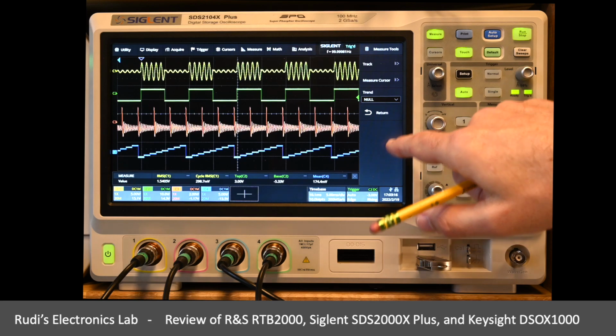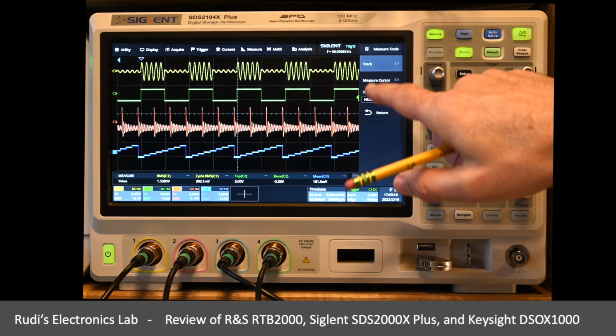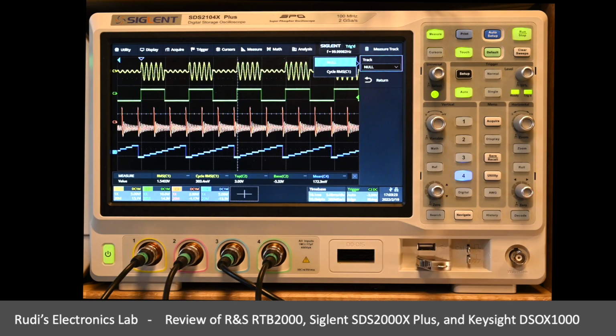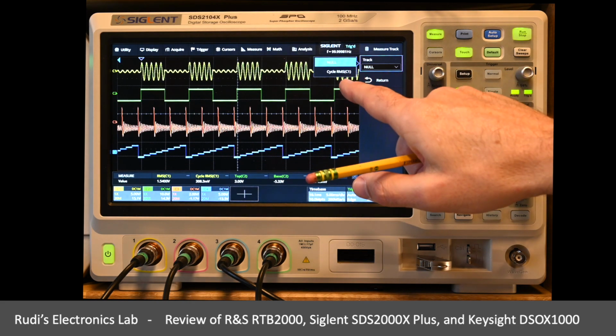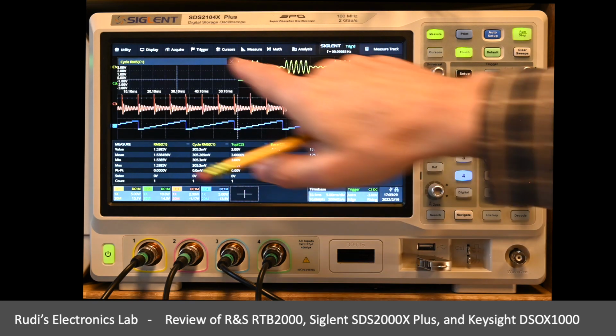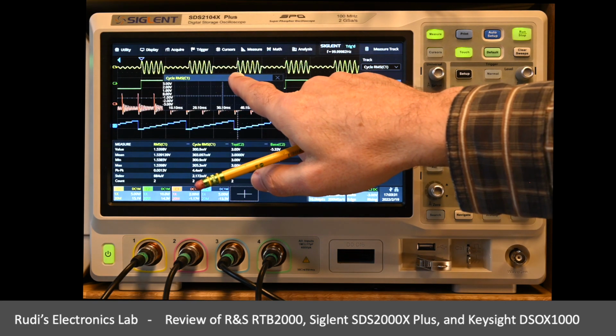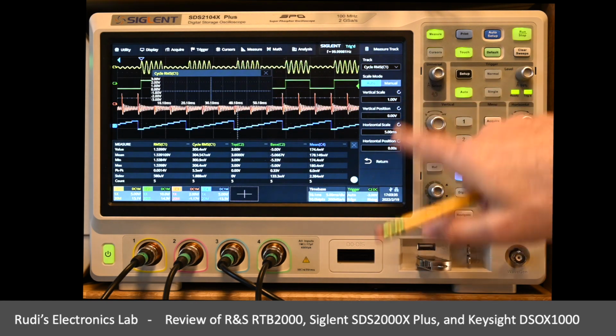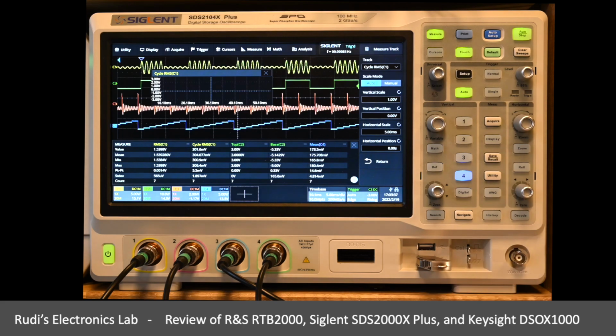We can close it again, and there's also a track function. The track function is more limited in terms of which measurement functions are supported. In this case, it's only the cycle RMS one that I can select. And here we get to see a track window. We can move it around. It's a floating window. We can decide on the scales and manual. To be very